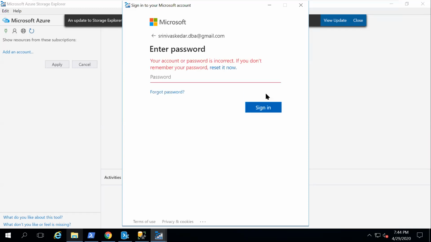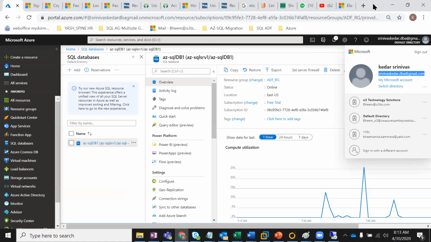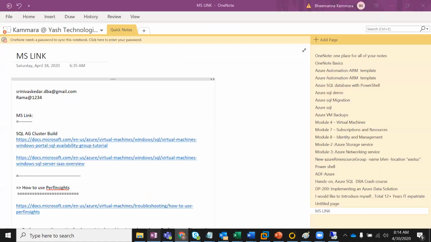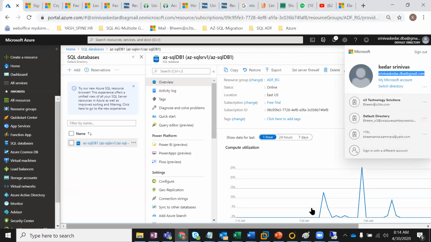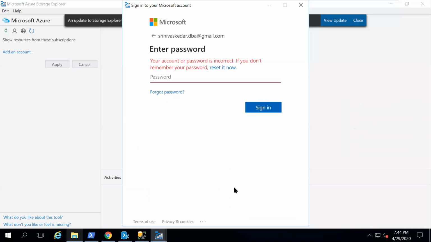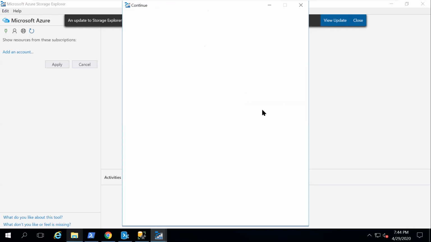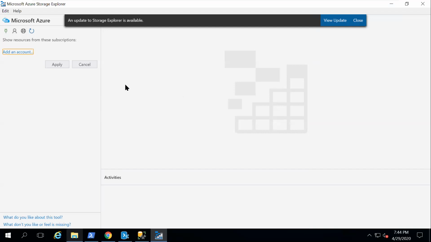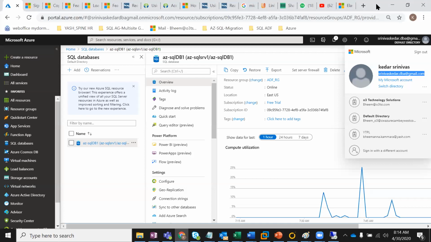Typically, if you go and see in the storage one, that's what I'm saying.